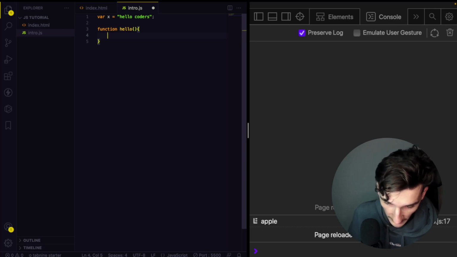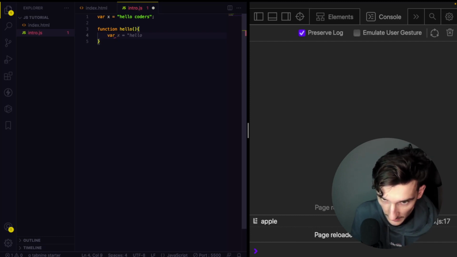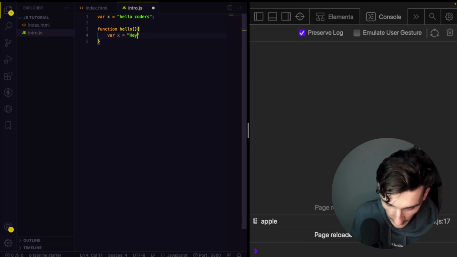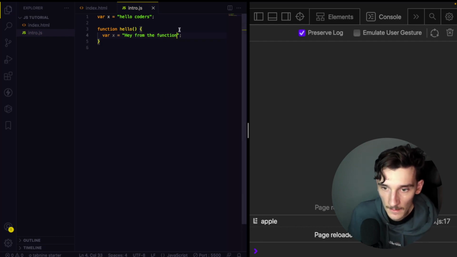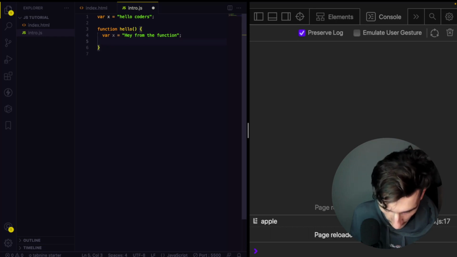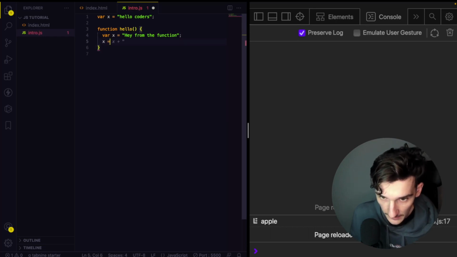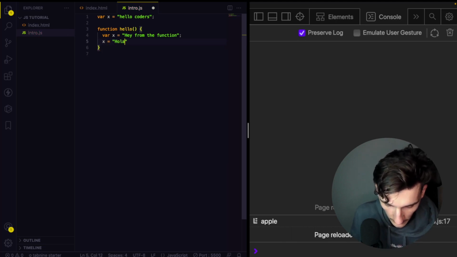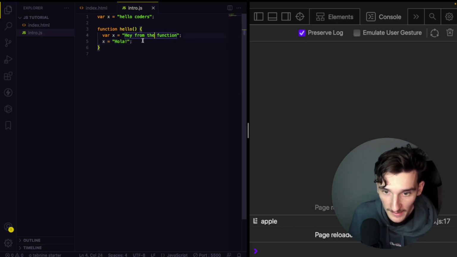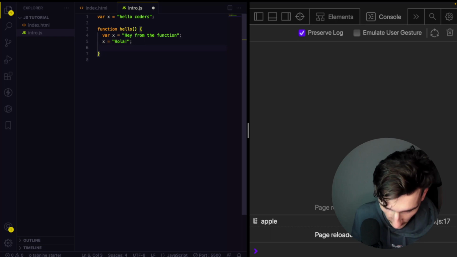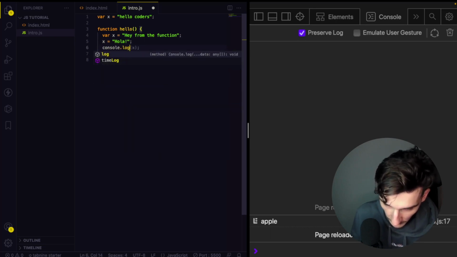Here the function does a redeclaration of x, so var x is assigned to "hey from the function", and then I will make a reassign, so x will be equal to "hola", Spanish hi, and I will console log